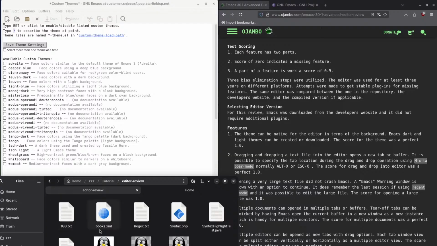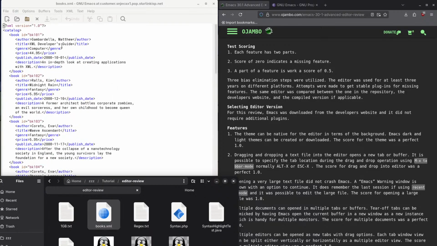So for example, I have this books.xml file, so all I need to do is drag and drop it here, and you see it picks it up automatically, and the dragging and dropping works extremely well. Now the other part of it, it actually does open up in a new tab or buffer, so that's perfectly fine. Now I can specify a tab location by using